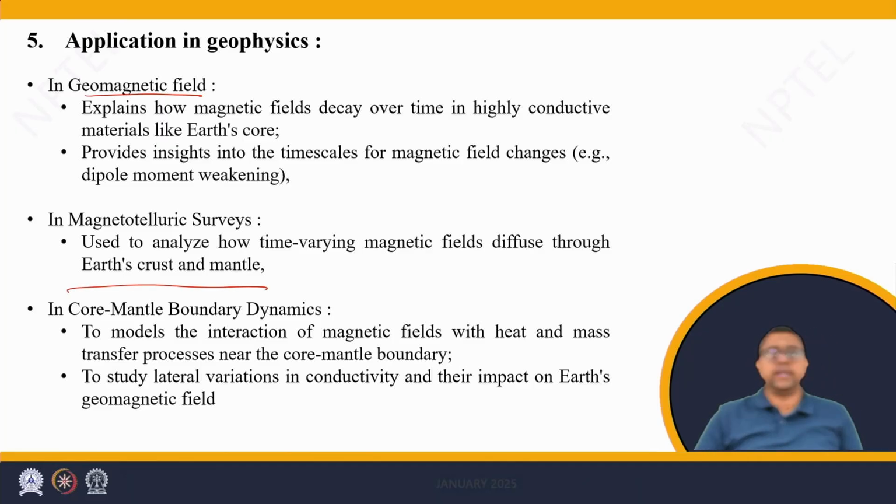these signals can only exist up to a certain depth, and depending upon the frequency of the time variation of these magnetic fields, the diffusion acts. If the frequency of the magnetic fields is high, then they dissipate or diffuse out quicker. Hence, the depth of penetration in these surveys is limited. For deeper surveys, slowly time-varying magnetic fields, which exhibit very little diffusion, are used.